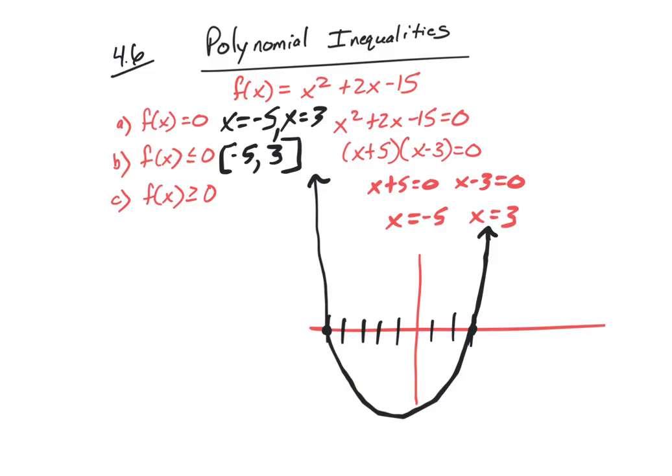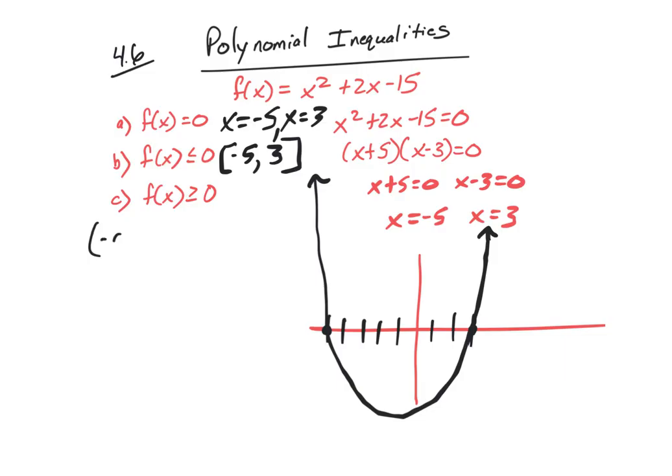Where is this graph greater than or equal to 0? Well, right here, it's positive, so it's above the x-axis. And then it goes negative, and then it goes back to positive. Okay, so it's going to be positive on this and this part over here. So 2 separate parts. And when we write our interval notation here,